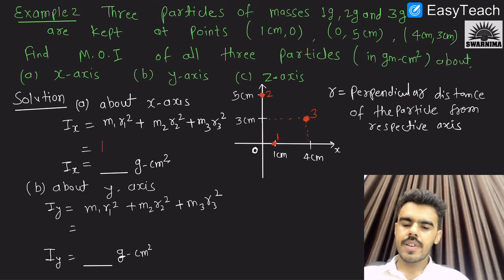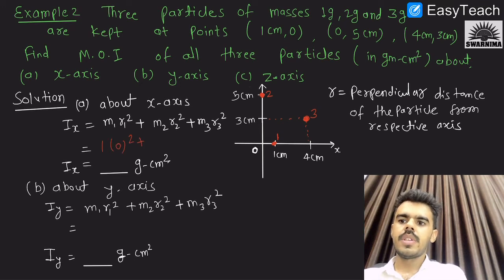What is r1? r1 is the perpendicular distance of the particle from the axis. About which axis? Moment of inertia is asked. So r1 is present on the x-axis and moment of inertia is also asked about the x-axis. So r1 is equal to 0